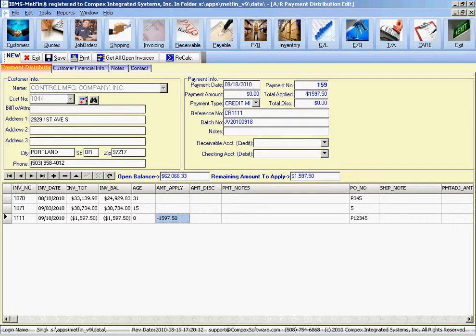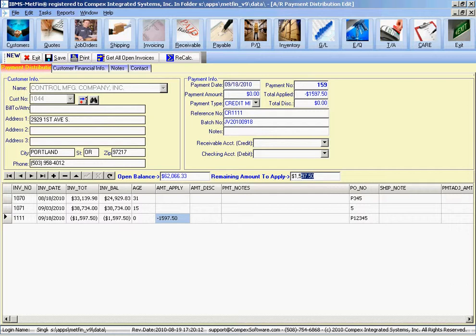So we're going to double click on this, and as soon as you do that, you can see that the remaining amount to apply is that of the amount of the credit memo. Again, in this case, I'm double clicking on that credit memo, assuming that we're going to use the full amount of the credit memo balance. So in this case, it's $1,597.50. However, let's say in cases where they only use a partial of that credit memo, half of it or whatever, then you put in the amount that they told you to apply. So again, to simplify this example, we're going to use the full amount of the balance of the credit memo. And with that, it shows you that you have this much to apply toward another open